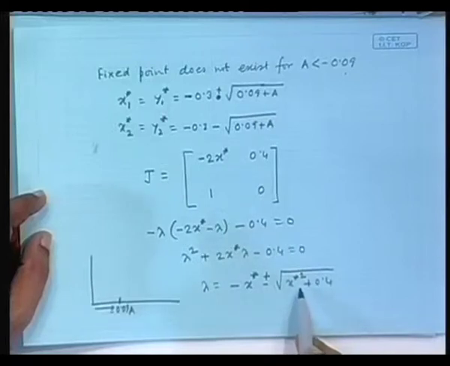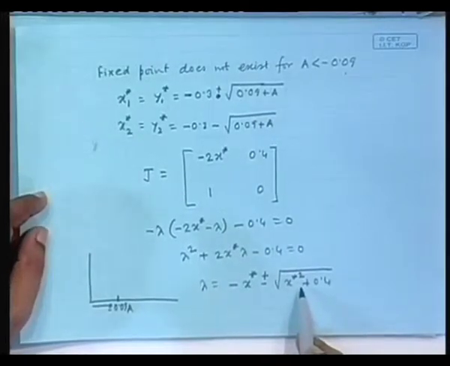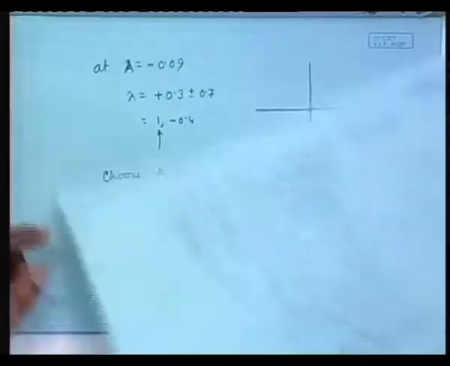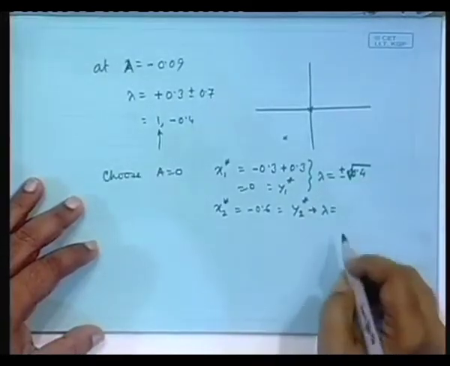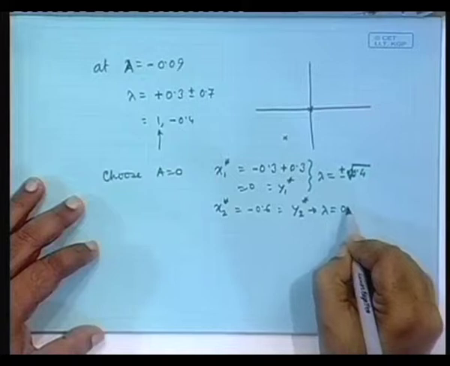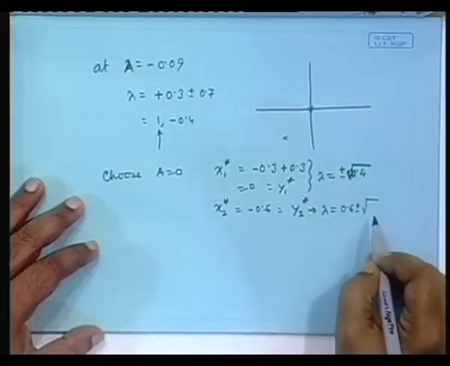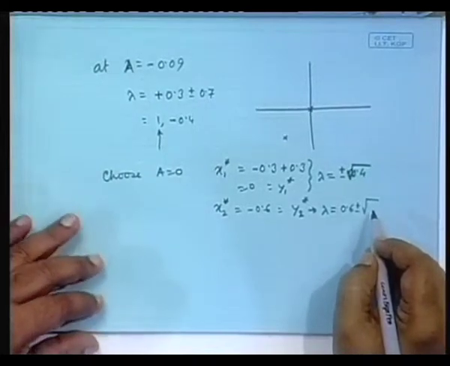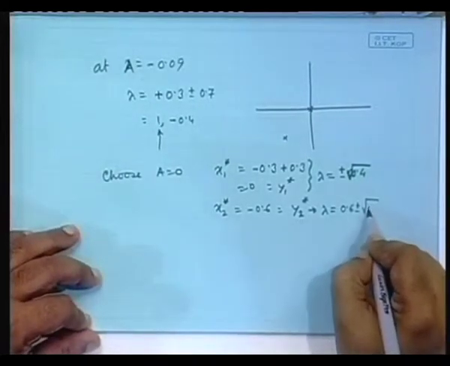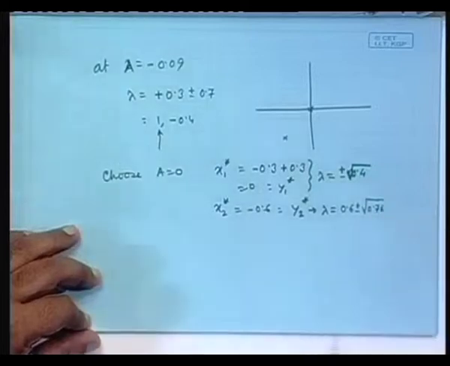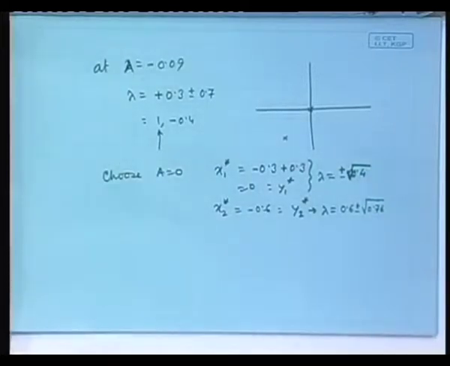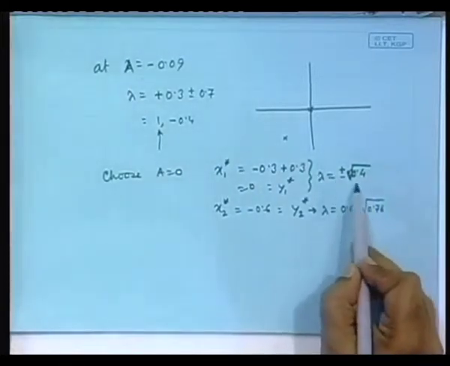So, 0.6 plus minus root 0.76, is it? Whatever it is. The point I am driving at is this fellow is surely